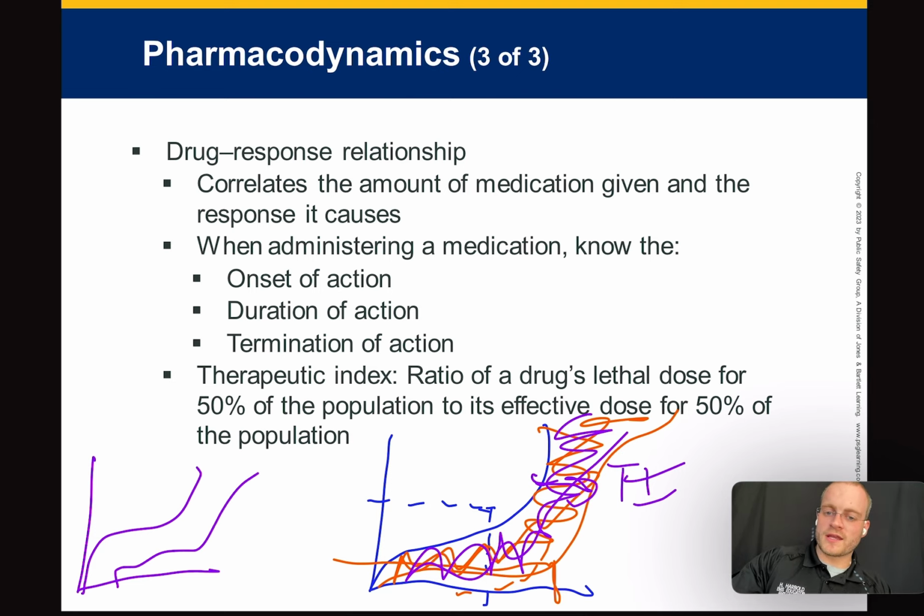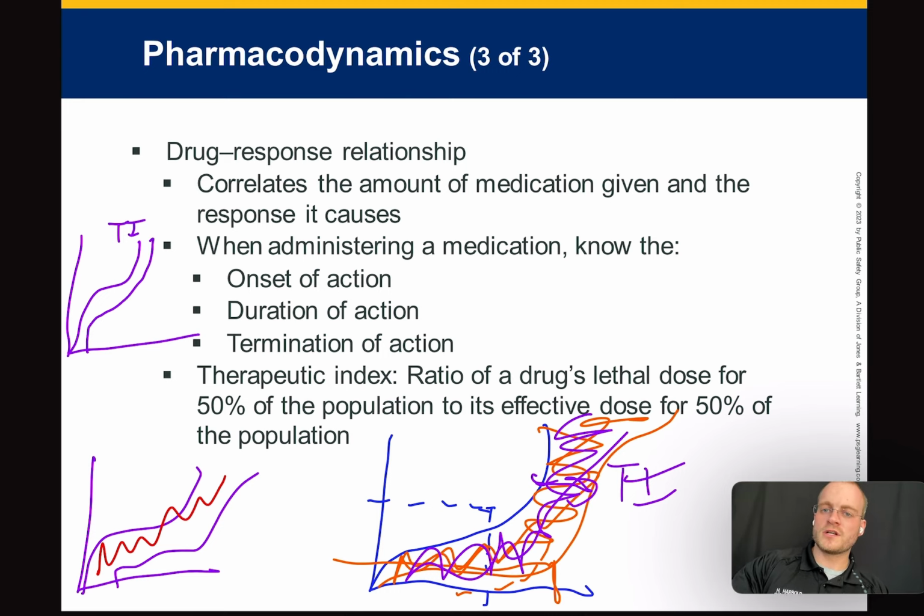Remember, the therapeutic index is somewhere in here. The wider the index, the safer the drug is. So I'll draw this out one more time. If here's the therapeutic index and here's the lethal index and it's really narrow, that means that you have to